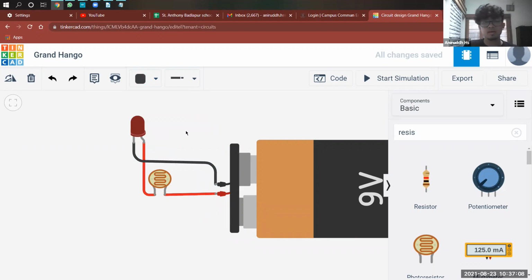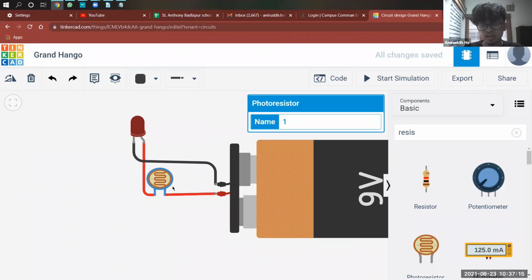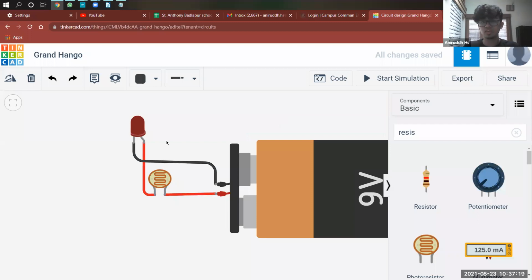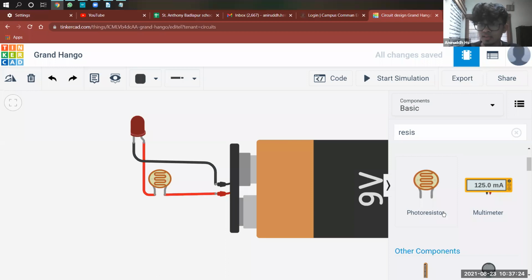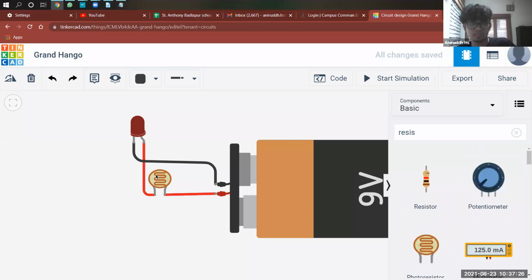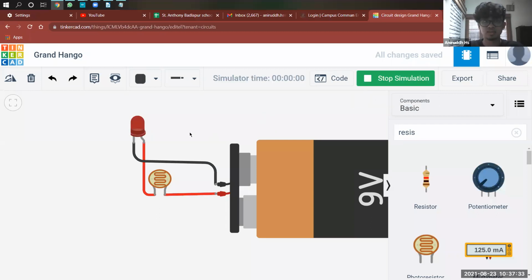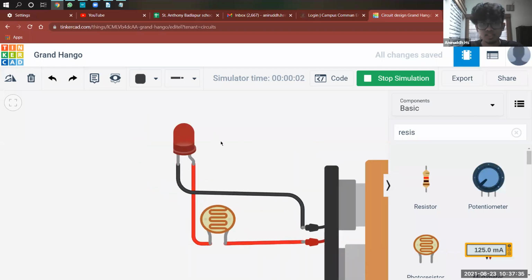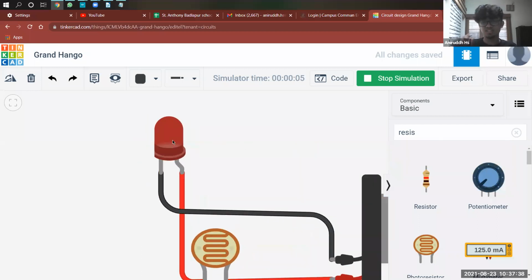Yeah. So I have done this circuit. All I've done is I've done the same circuit, except instead of a resistor here, I have put an LDR, the component we're working on today. So let's refer to it as photoresistor only, because in Tinkercad they have called it photoresistor. So I have replaced it with a photoresistor, meaning bright light resistor. So what I'll do is start simulation. Let's see what happens. As you can see, the LED is barely on. It's very little on. Okay, that's fine.